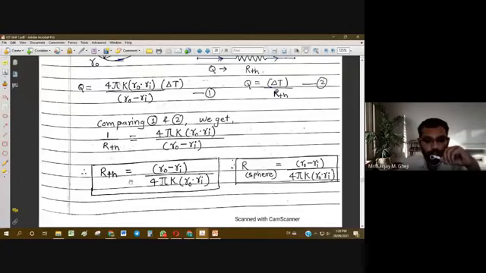So R thermal is equal to Ro minus Ri upon 4 pi K Ro into Ri. So the resistance of a hollow sphere is always given by R sphere equal to Ro minus Ri upon 4 pi K Ro into Ri. So in this way we obtain the expressions for thermal